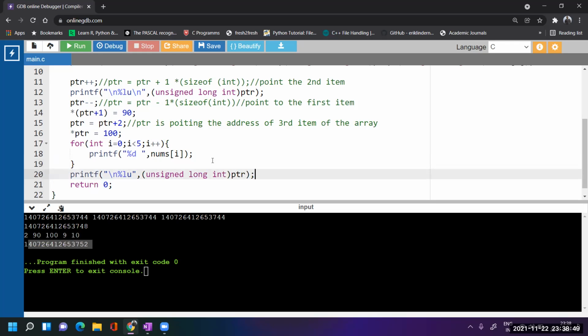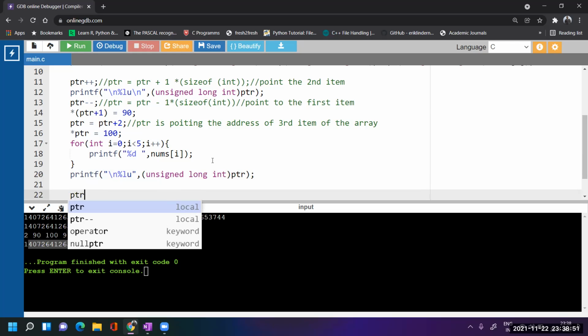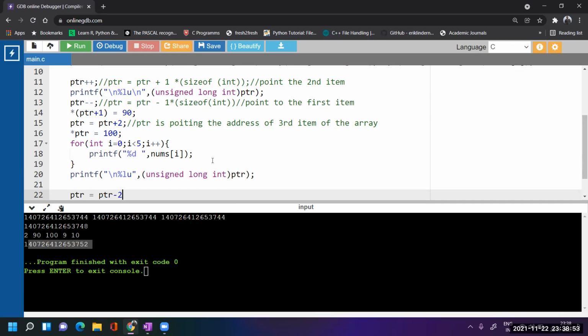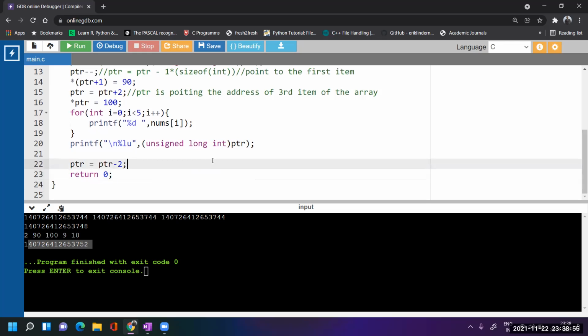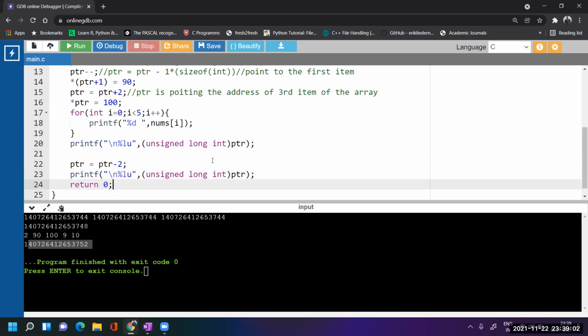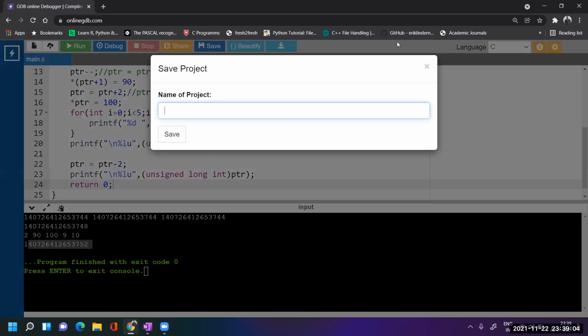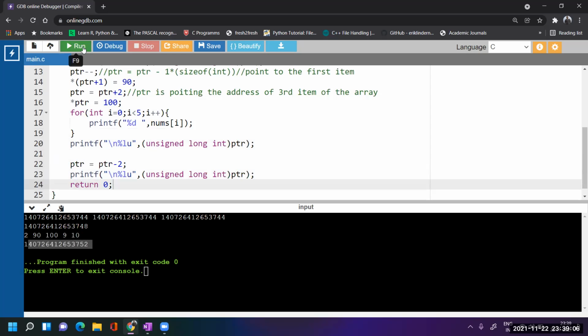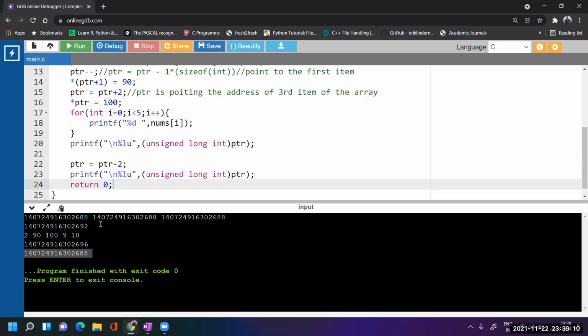So let's do this again. PTR equal to PTR minus 2. Now let's print so that we can see where it is pointing now. Save. Okay. Run this. Yeah, now see, it is pointing to the base address again. It is going in the backward direction.